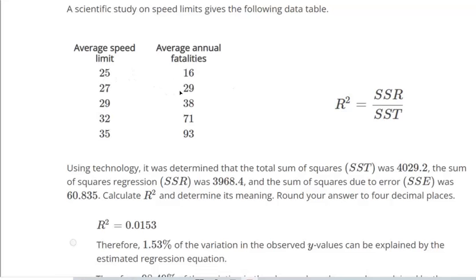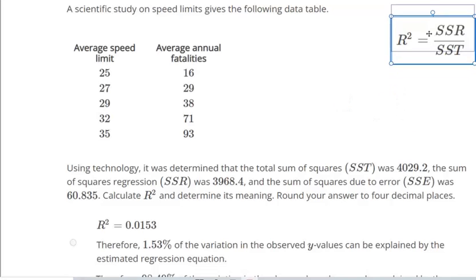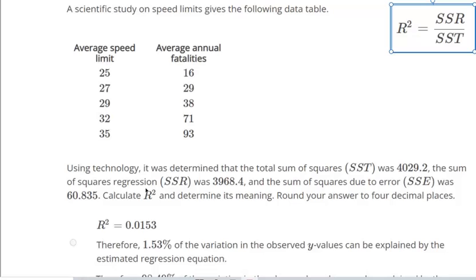This question gives us a data set. This isn't included in the question; I just put this in here to help us. They give us a data set, and then they summarize things so we don't have to do a bunch of tedious calculations. They say the sum of squares regression, SSR, is